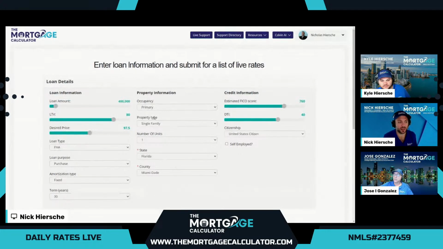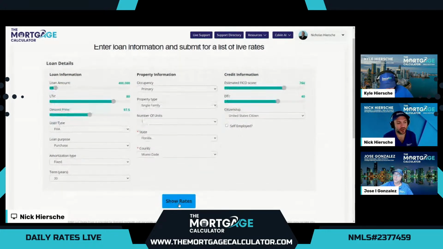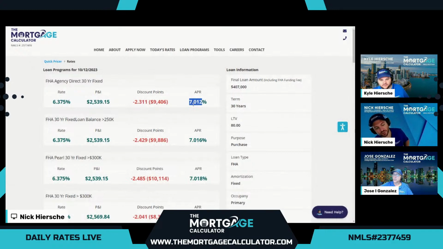So we'll keep everything else exactly the same, even though the DTI can be higher. We'll keep it the same so we can compare APRs across the program. So let's check the lowest rate options for FHA today. All right, again, about the same as it was yesterday, 6.375 rate, 2.311 discount points and costs, puts the final APR at 7.012 for FHA, which is just a touch under conventional today.